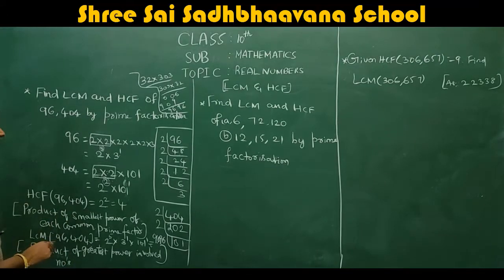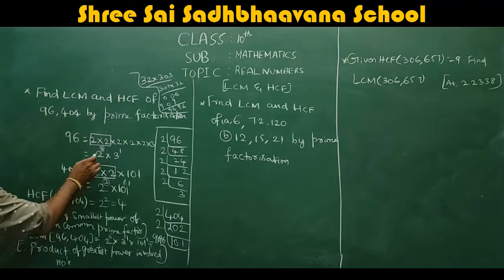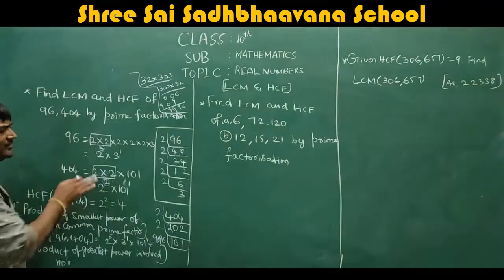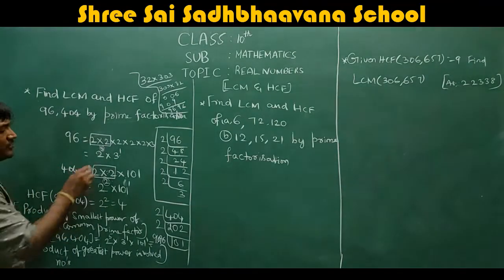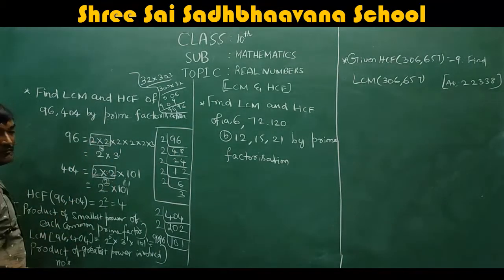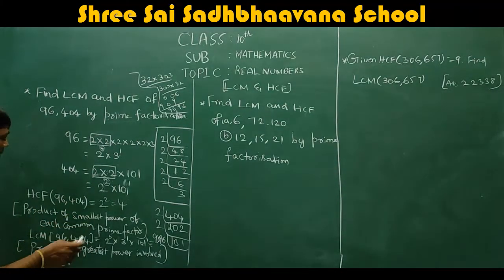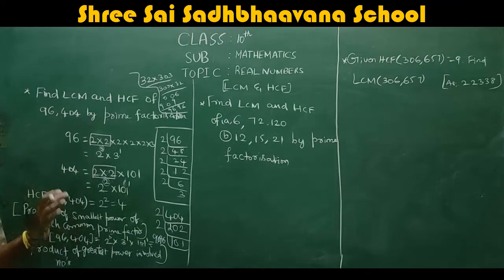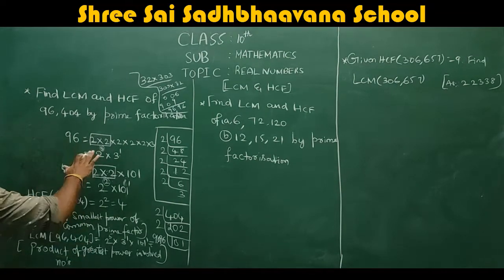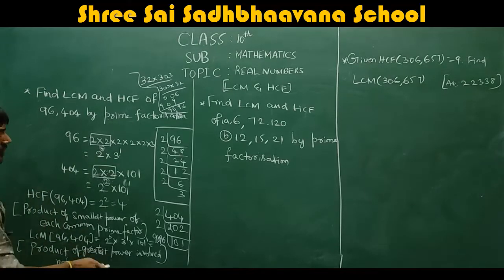And how to find LCM? For LCM, what I said, first write the numbers. HCF is easy, you write what is common. If here 2 into 2 into 2 into 2, so definitely 4 is common in both, so 4 is the common HCF here. Like that for LCM, first you write the numbers. Don't repeat the numbers, just count, it's very simple. How many numbers are there? 3 numbers. What are those? 2, 3, 101. Write them.